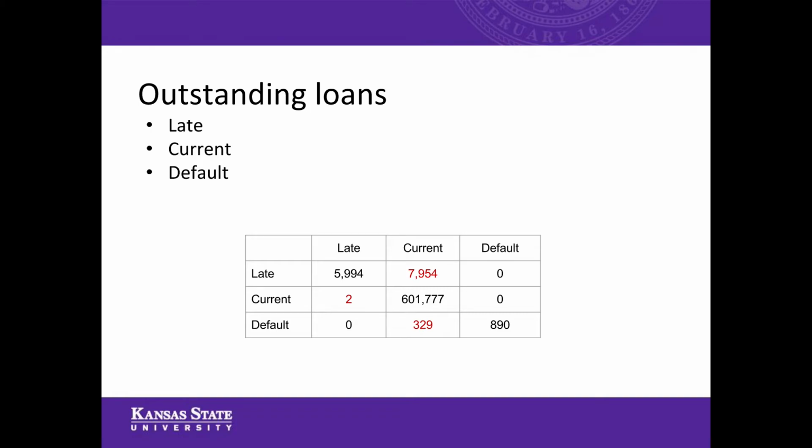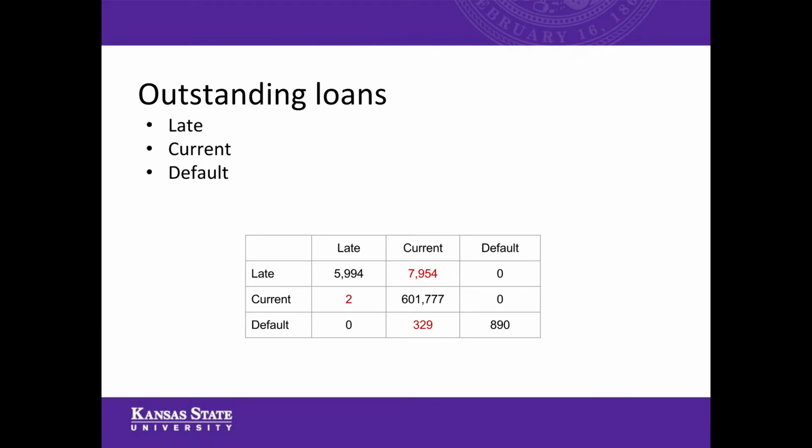However, some really good things to note from this is that everybody we said was in default was in default. And we only used information available at the time that the customer applied for the loan. So this would actually allow Lending Club to look at this and say, if this algorithm says that somebody is going to default on their loans, we have a very high degree of confidence that they will default.